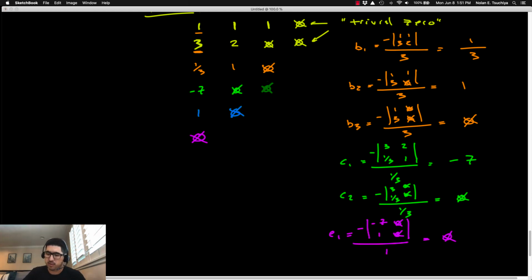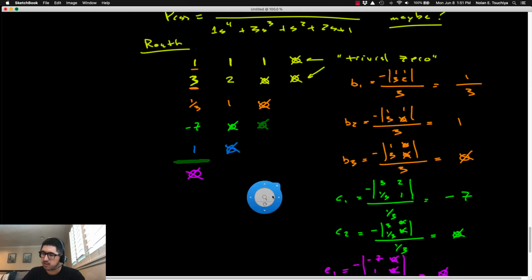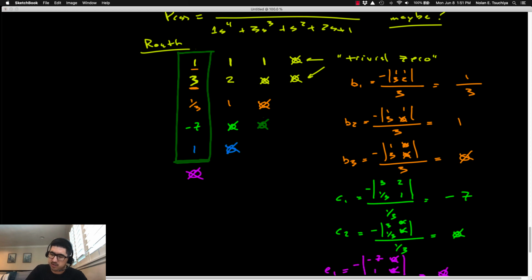And furthermore, that element is not considered to be part of the first column of the Routh table. So the Routh table actually ended here at the D1 value. So this is the first column of the Routh table. Now what you're going to see here is, well,